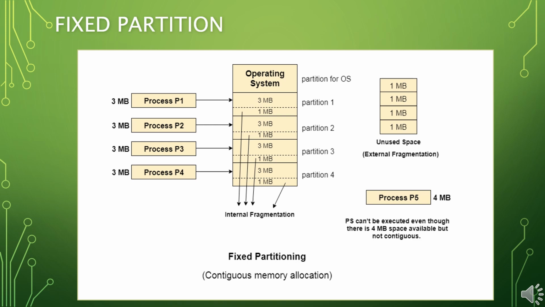Due to internal fragmentation, 2 more problems come into the picture with fixed partitioning. One is that the degree of multiprogramming gets reduced, and the second is that CPU utilization is reduced. If I could have assigned that memory to P5, 5 programs could have been executed, so the degree of multiprogramming and the CPU utilization would have increased. In fixed partitioning, we always maintain a table, which is called the partition description table, also termed PDT.